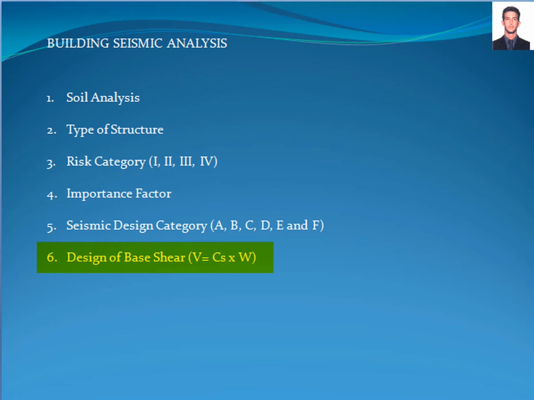Design of base shear is the total lateral force by which the horizontal seismic ground motion is considered to be imparted to the structure and is calculated with equation 12.8-1 of the American Society of Civil Engineers standard, where V is the design base shear, CS is the seismic response coefficient, and W is the effective seismic weight. The seismic response coefficient, CS, is calculated with equation 12.8-2 of the American Society of Civil Engineers standard,